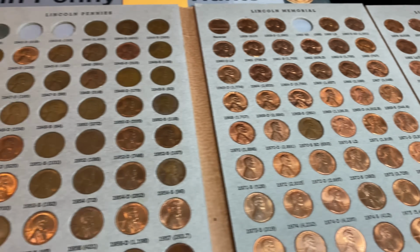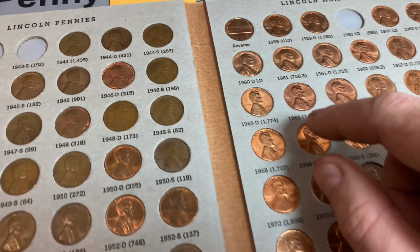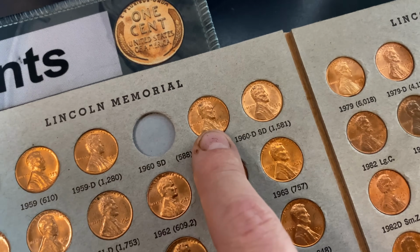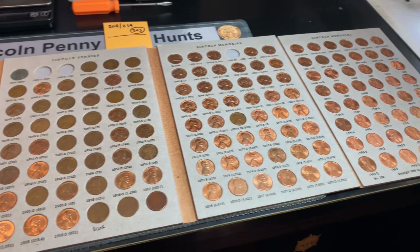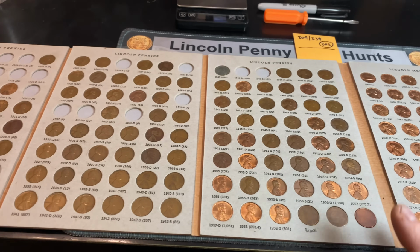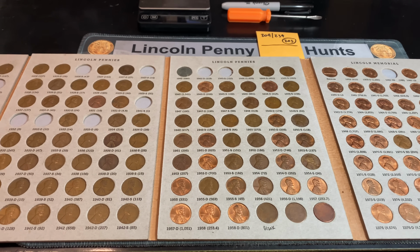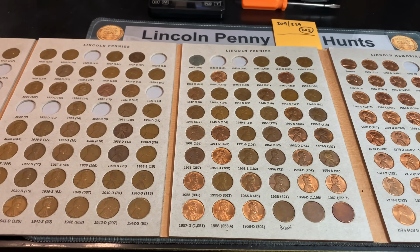Well, we've compared the finds to the book, and as expected, no upgrades, no additions. The 1960 large date I had in the book was nice enough to not need replacing, so definitely not going to have an upgrade there. That being said, like I said, it was still a fun hunt, and I want to thank Sergeant Stacker for the box from Massachusetts. We did add quite a few Canadians, and eventually I will start that Canadian book